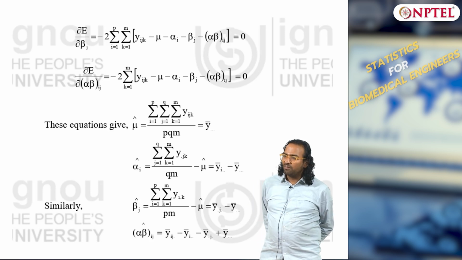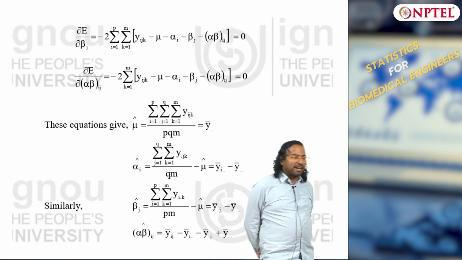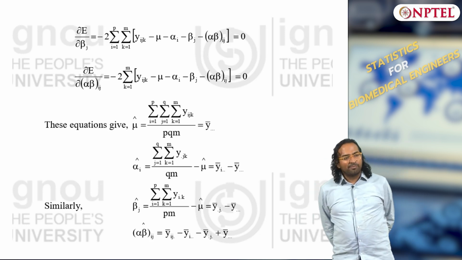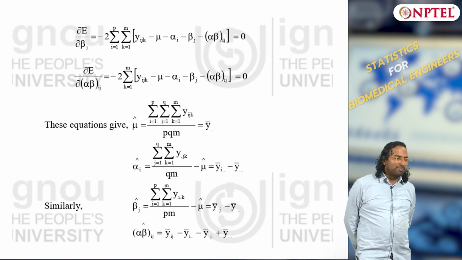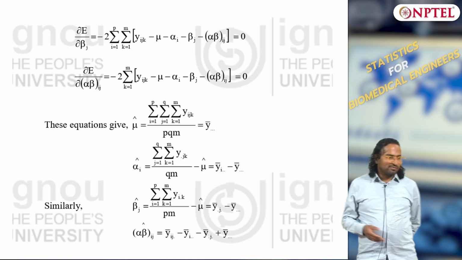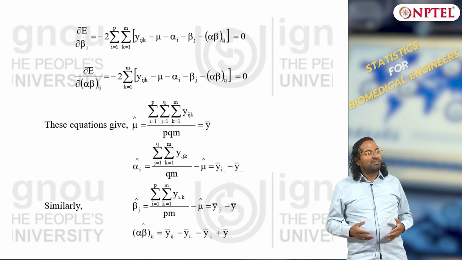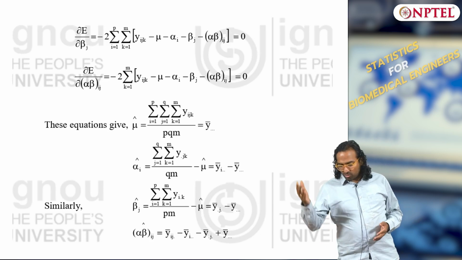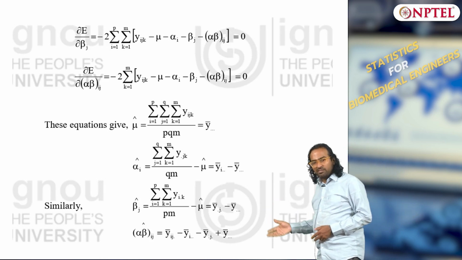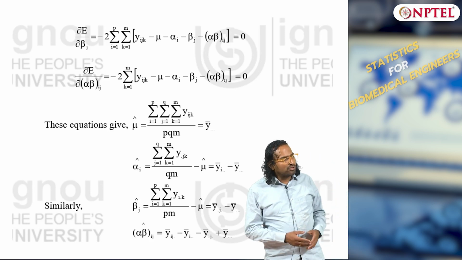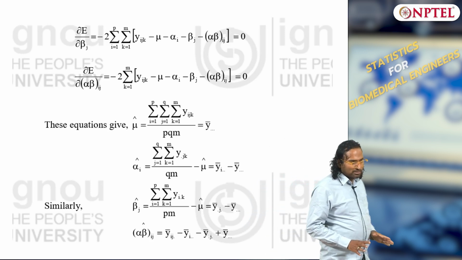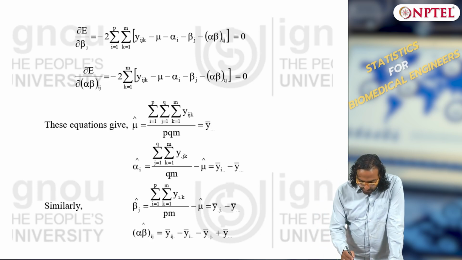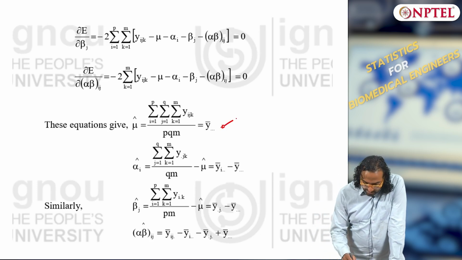There are 3 rules which you have learned: the total number of equations, the right hand side and the left hand side. The left hand side is the sum of all the parameters multiplied by how many times the parameter has appeared. The right hand side is the sum of the total number of times the parameters appear. So you can write out the regression equations and solve it, or you can use least squares to solve it. Either way you will get the same answer. So these are the parameter estimates after doing least squares.